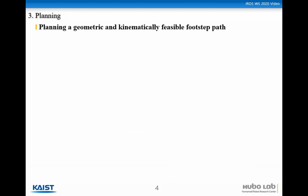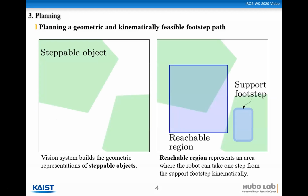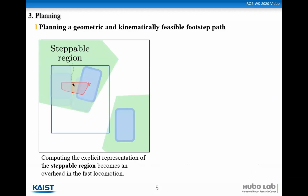We define feasible footsteps in two folds. First, it has to be collision-free from geometric representations of steppable objects created by our mapping algorithm using a depth camera. Second, it has to be within the kinematically reachable workspace, which we further reduce to an optimal reachable region for the controller. Solving analytically for this geometric and kinematically feasible footstep is not trivial and is computationally demanding, which slows the overall pipeline,